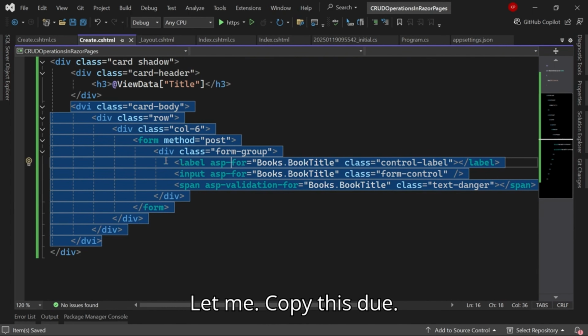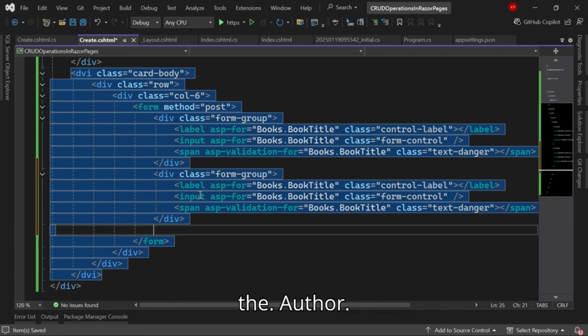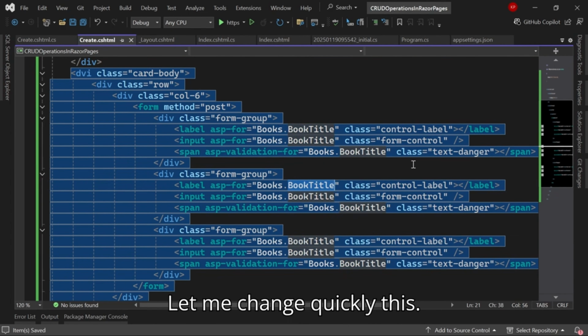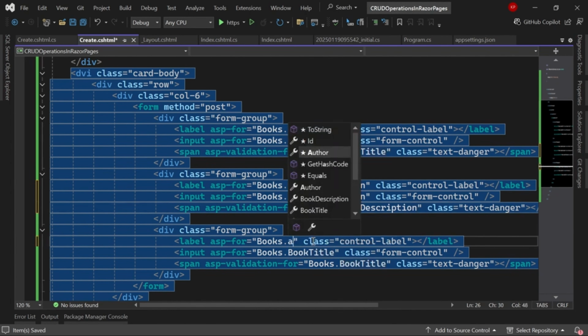Let me copy this div. We need book description and the author. Let me change quickly these columns. Then author,